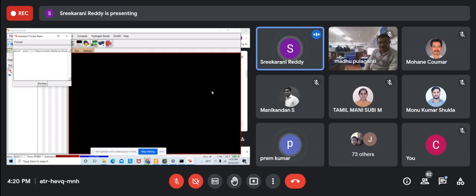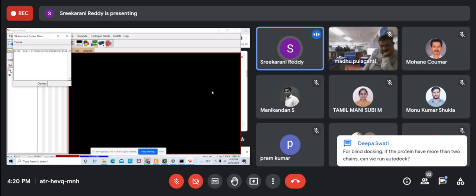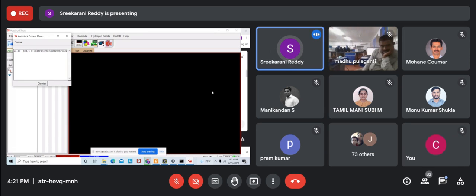In AutoDock, you will be using a single macromolecule and a single ligand, right? Whereas in PyRx, you can use multiple ligands. AutoDock Vina, what you are telling, is inbuilt. PyRx has AutoDock Vina built in.